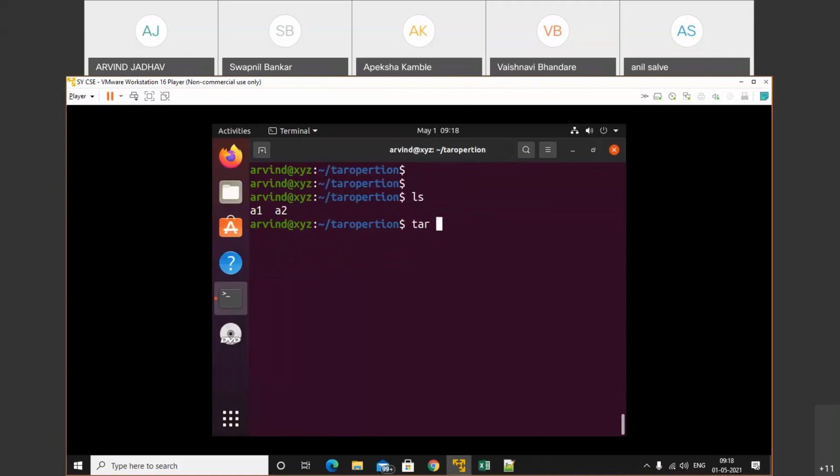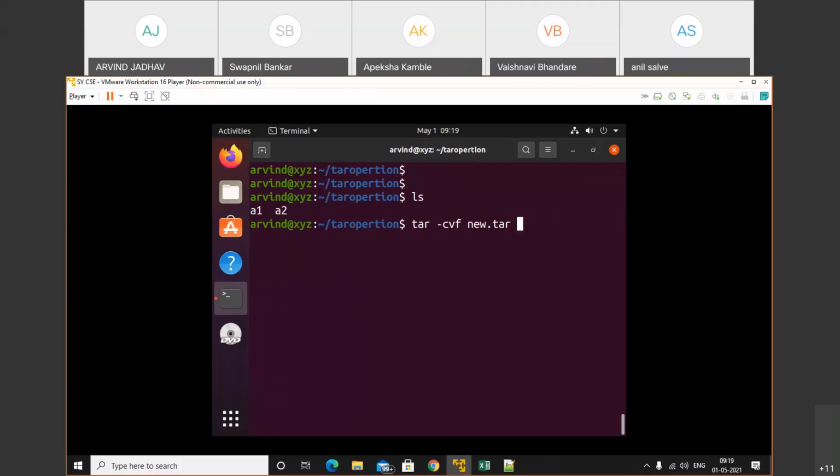So tar hyphen cvf. Okay, tar hyphen cvf. The name of the file is new.tar. Okay, we can use any name, but make a note that we need to provide the extension. The extension is .tar. Okay, and after that the path.